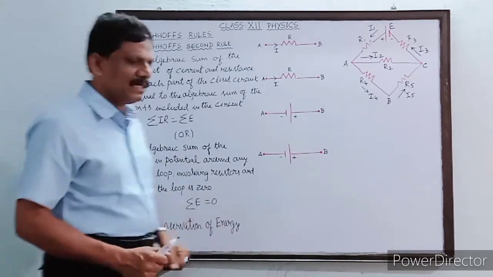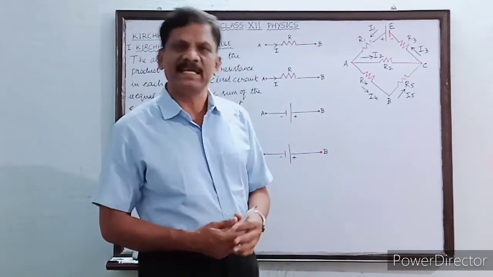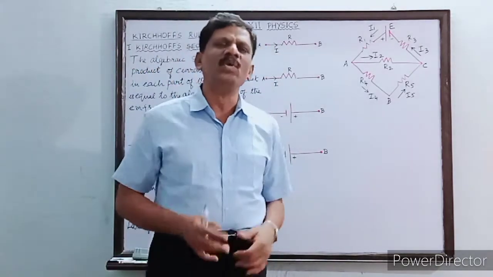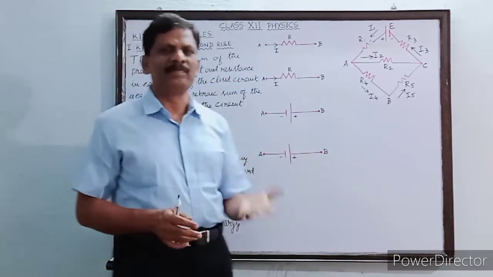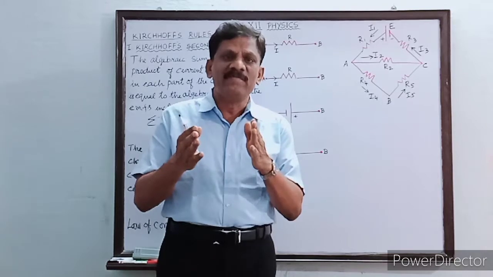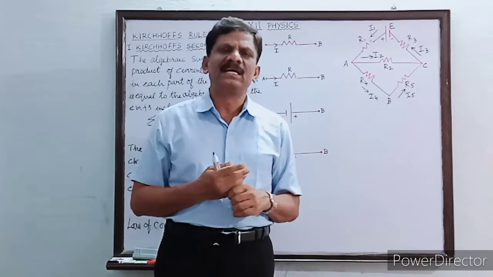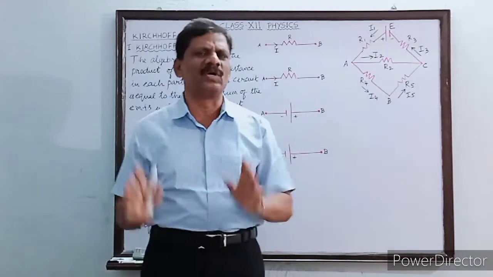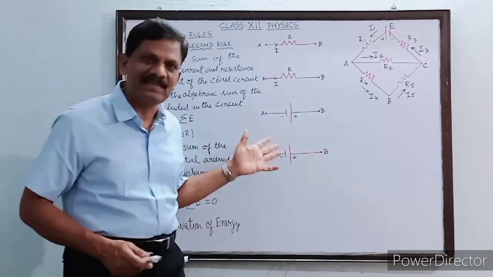Okay. Now for the Kirchhoff's second law, to understand, there are some sign conventions. First I am going to explain the sign conventions, because in some loops the product of IR will be positive, and in some other part of the circuit the product of I into R will be negative. This all depends upon how we travel through the loop, either clockwise along the direction of the current, or anti-clockwise against the direction of the current. So you should be very thorough with this. Then only you can solve all types of numerical problems based on Kirchhoff's laws. Shall we see the sign convention?